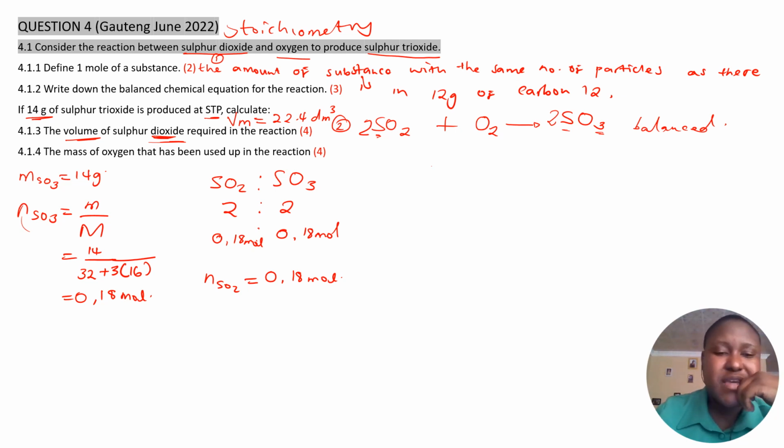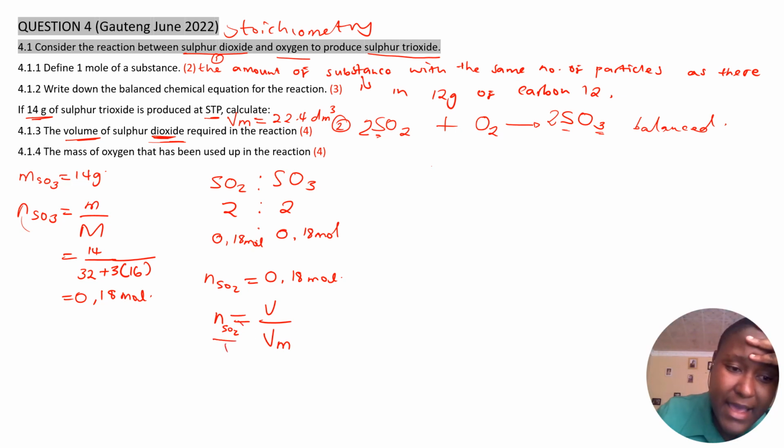Right. And then you want the volume of sulfur dioxide, because they say that the sulfur trioxide is produced at standard temperature and pressure. Then you're going to use the formula n equals V over Vm, right? So that is the number of moles of SO2, and the volume of SO2, and the molar volume, which is a constant. If you cross multiply, then you get volume of SO2 equals the number of moles of SO2 multiplied by Vm, which is